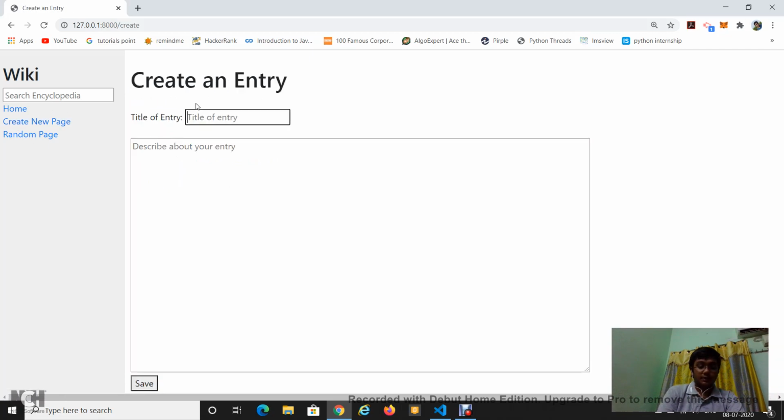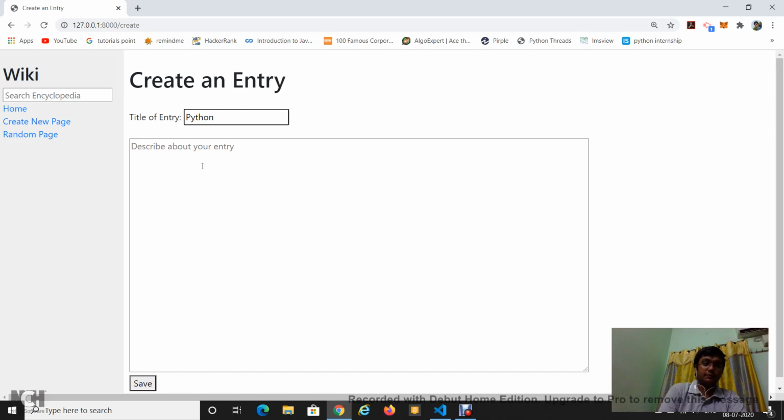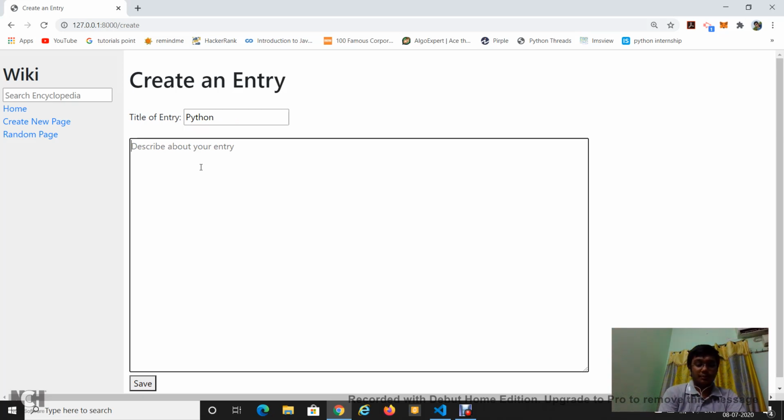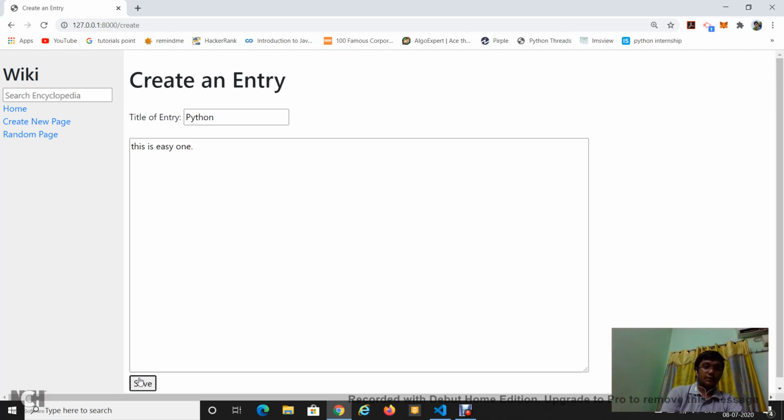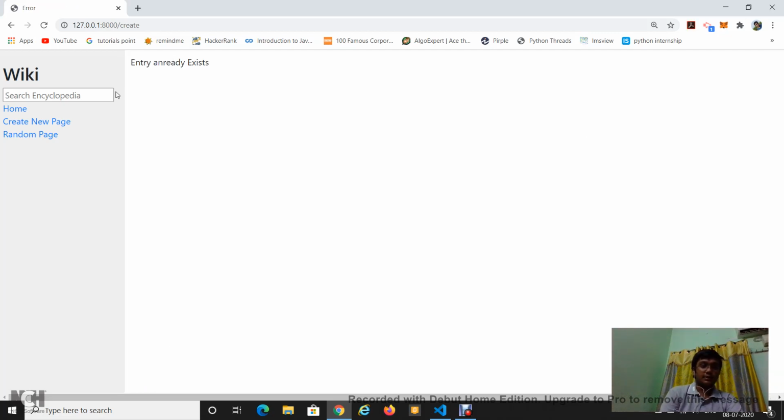And if again we try to create a page which already exists, like if we try to save Python, and if we type save, it will show that the entry already exists. After that we can also edit the existing pages. If we want to edit JavaScript, you can see an edit button here.